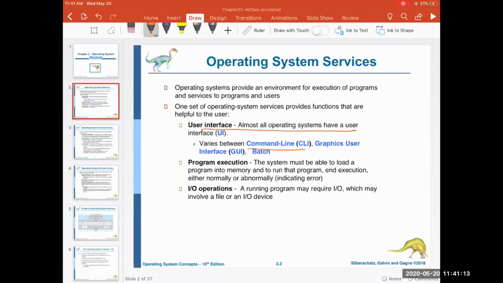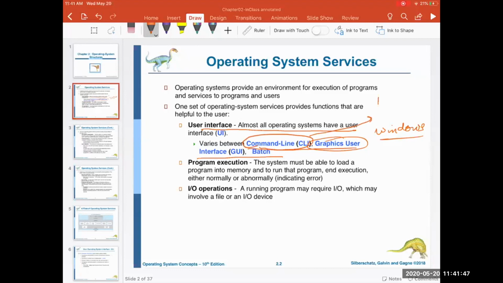All of you are aware about GUI based systems, so it is more like Windows system where for each and every job you have an interface, graphical user interface for doing most of the stuff. Even for copying a file from one place to another place, you will find there is an interface. You can right click and you can copy and then paste it somewhere, or drag drop is one option. Command line